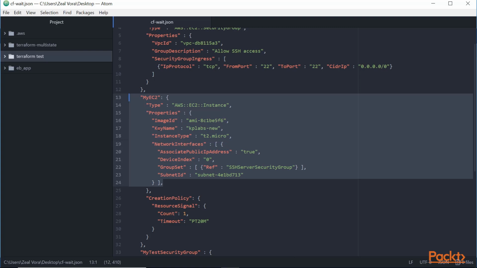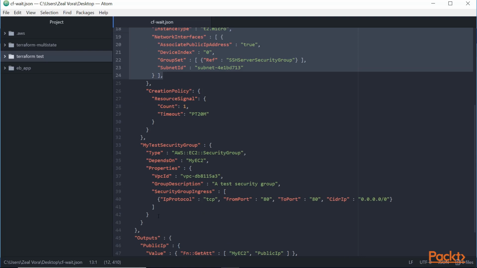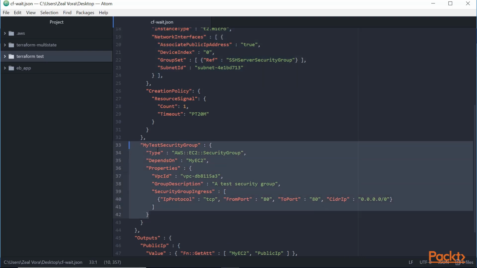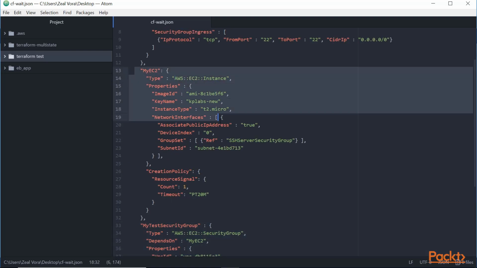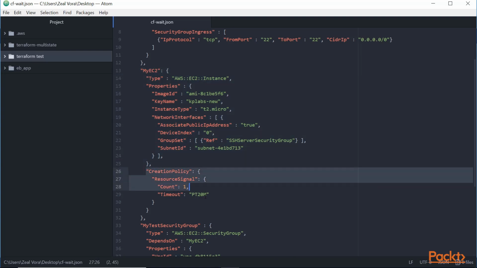Only after this EC2 instance gets created will the second security group, which is my test security group, be created. Now, since we have a creation policy, and this creation policy has a resource signal with count equal to 1 and timeout of 20 minutes,